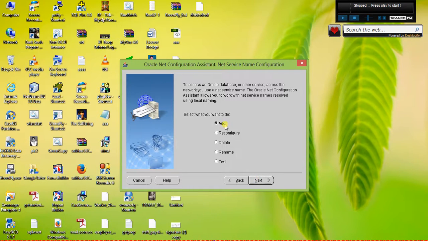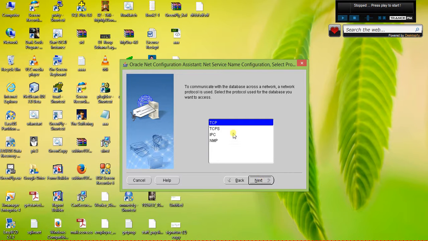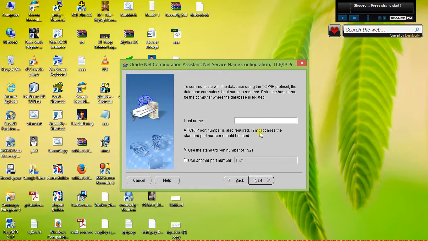Next, add service name. Let us name it ORADB. TCP. I'll put the IP address. You can put the host name, but I'm putting the IP address because my Linux host name is a very conflicting name. It is localhost, which conflicts with my WAMP server and all the servers installed here. So I'll just put the IP address